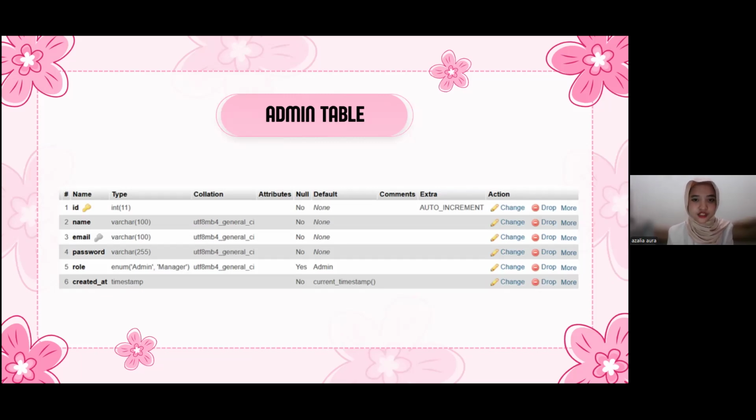Email, the administrator email address used for login or communication. Password, encrypted password for account security. Role, the role of the administrator, a choice between admin or manager. Created at, the time the data was created, auto-populated using current timestamp. This structure is designed to ensure each admin has a unique identity and a clear role in the system.